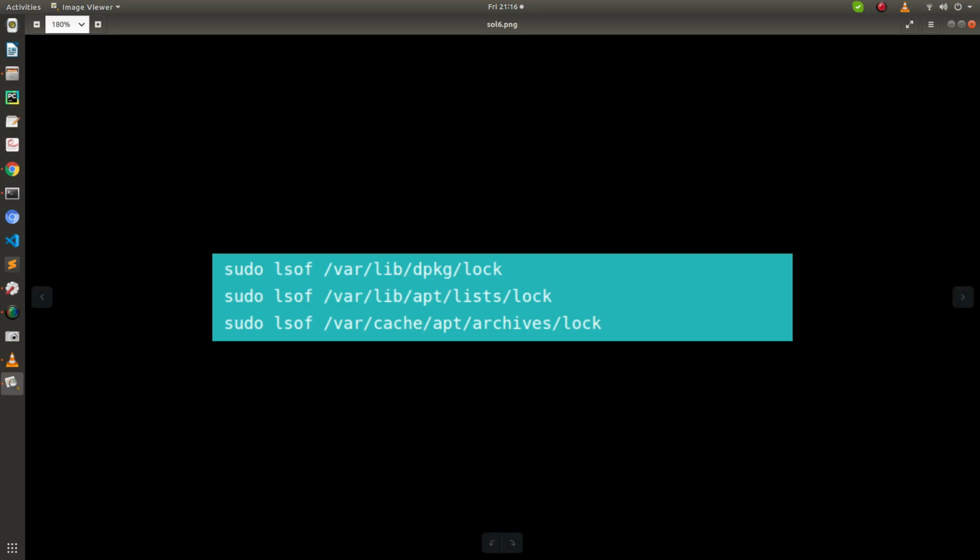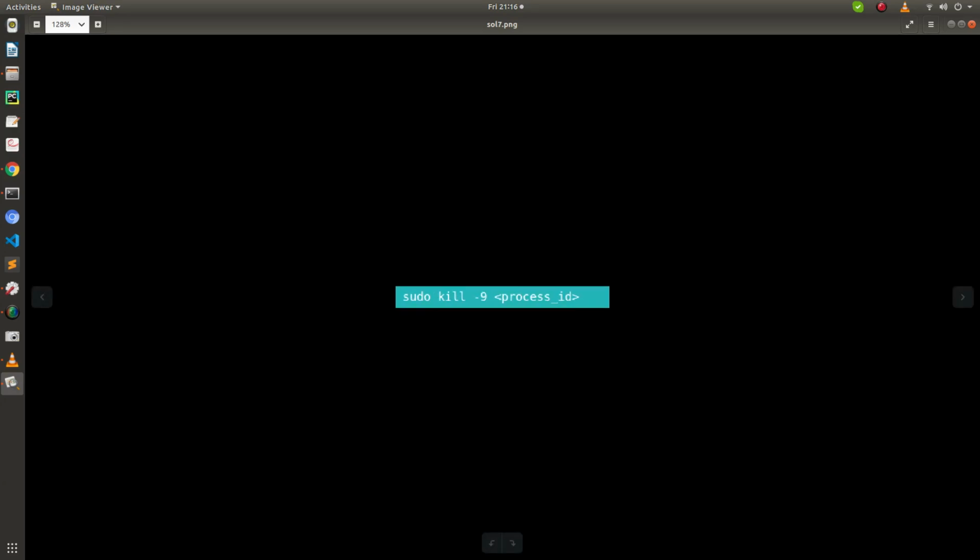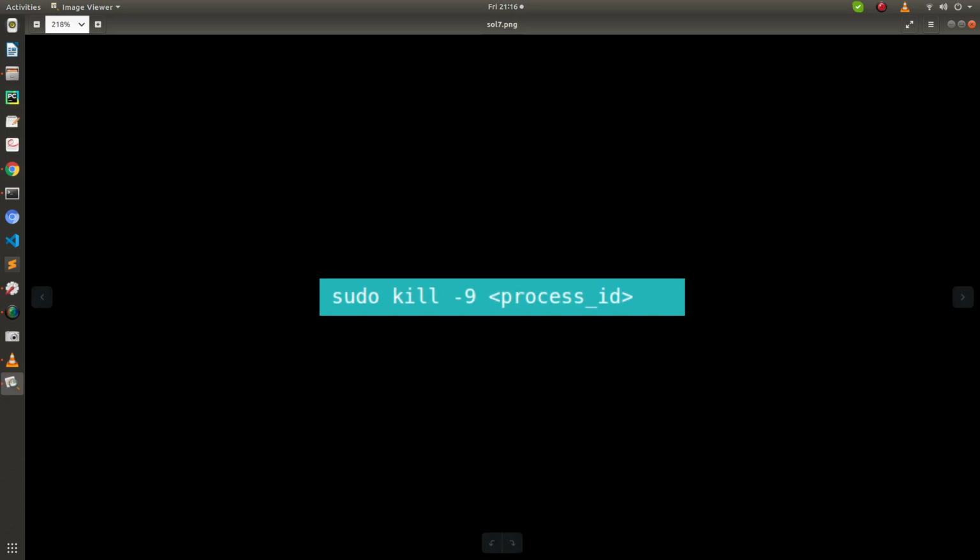After getting that PID, you need to run this particular command. You'll write sudo kill with the -9 parameter, and in place of this process ID, you'll write the PID of that process.